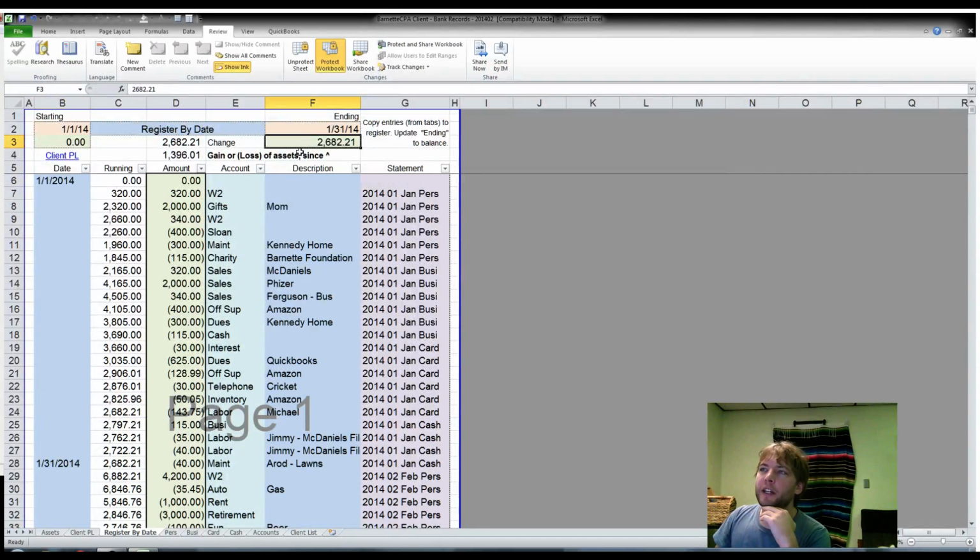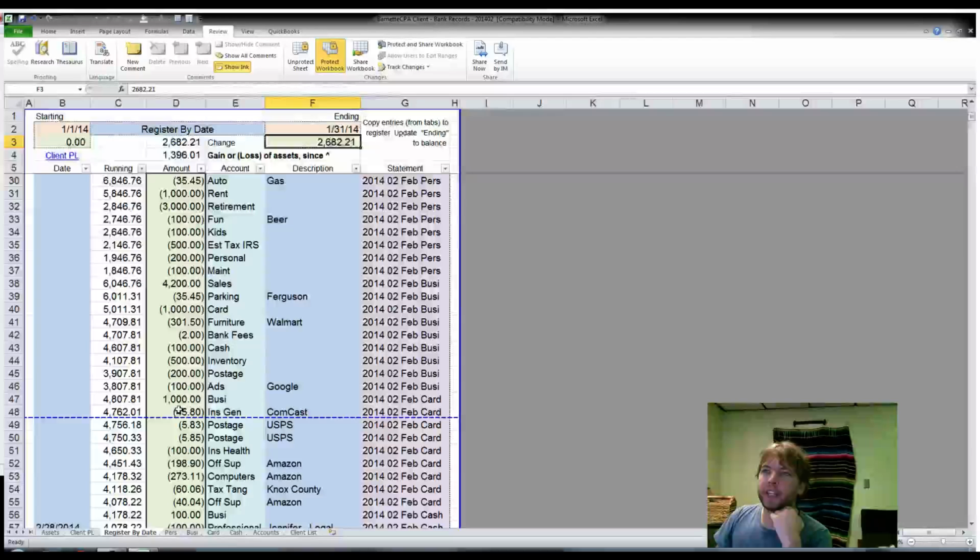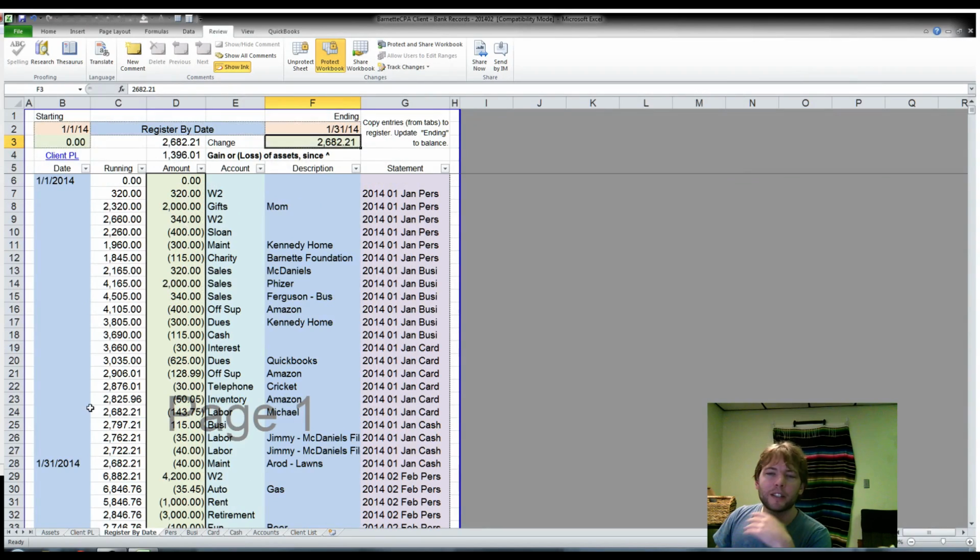So, here, these entries were put in January 31st, 2014, and at that time, this person's overall accounts had increased by approximately $2,700, and since then, for the month of February, their accounts increased by $1,400. So that's a little sneaky way that you can get the change month to month, as much as that is useful. And then when you update this to the current,